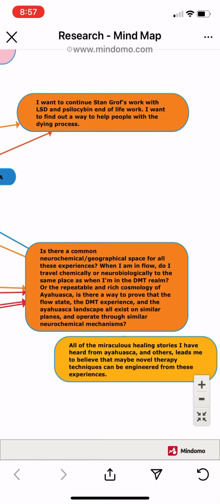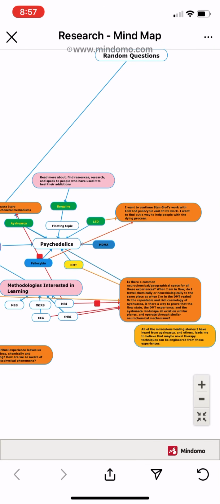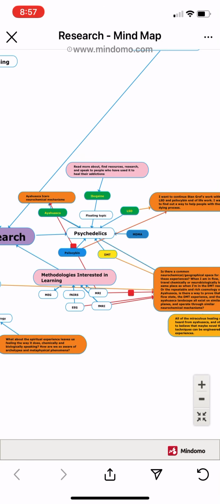So I want to know more about that. I want to know what was the mechanism, for example, behind the songs being sung during her ceremony that led her to that place? Or was it the plant itself? Or obviously, I'm pretty sure it's a combination of the two.